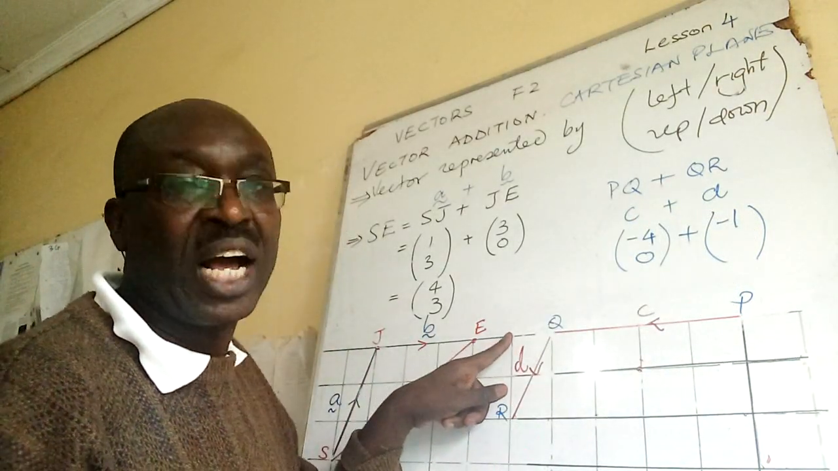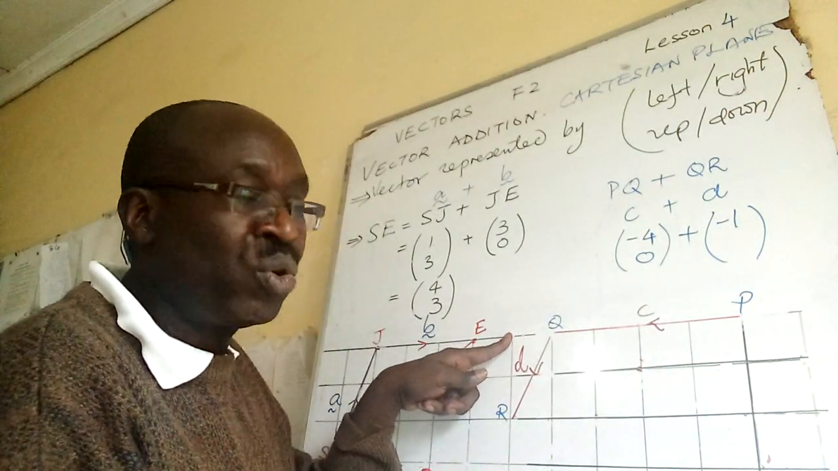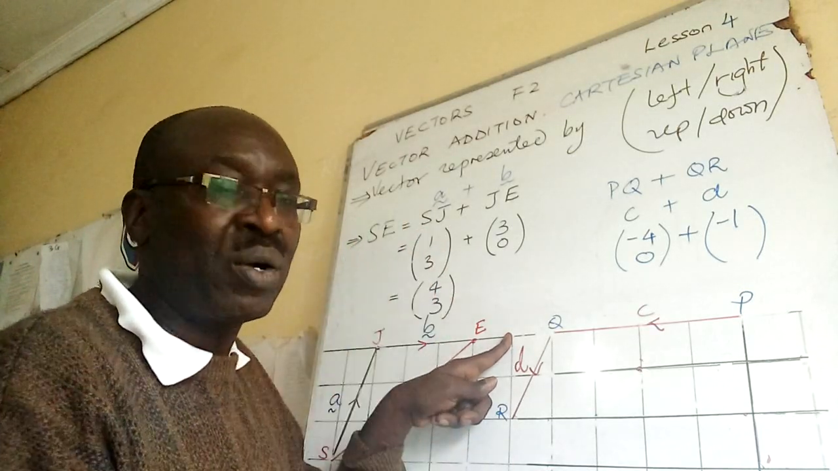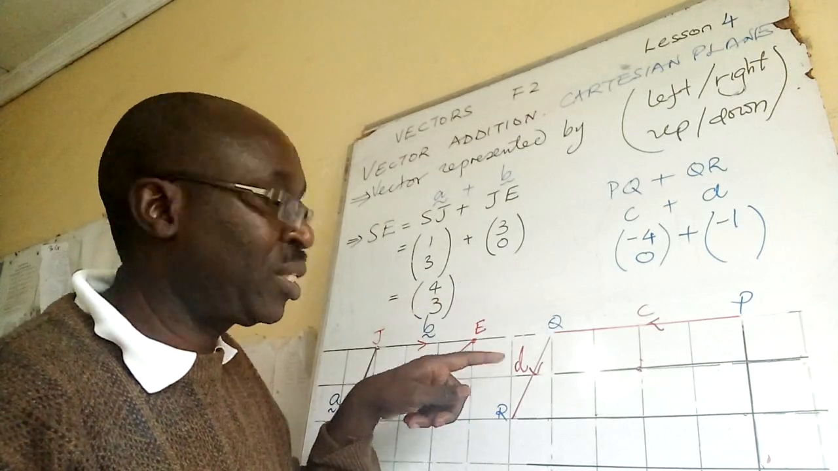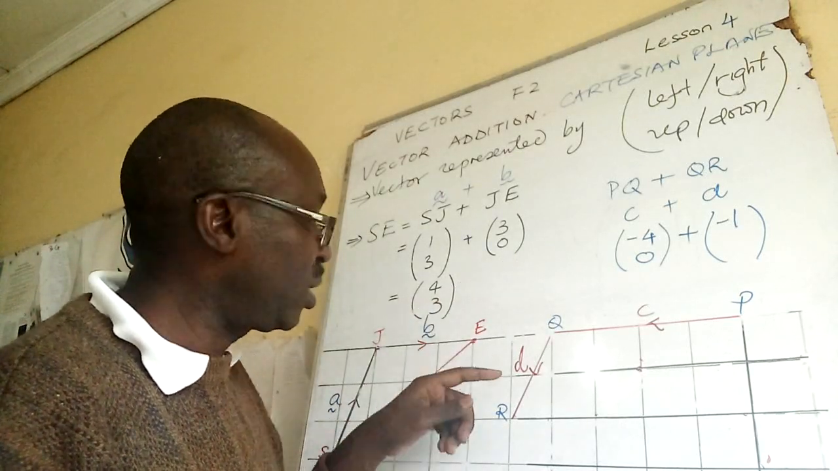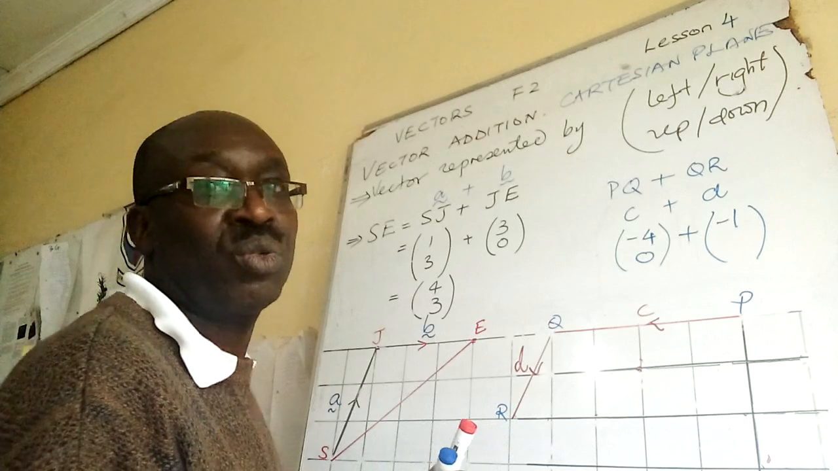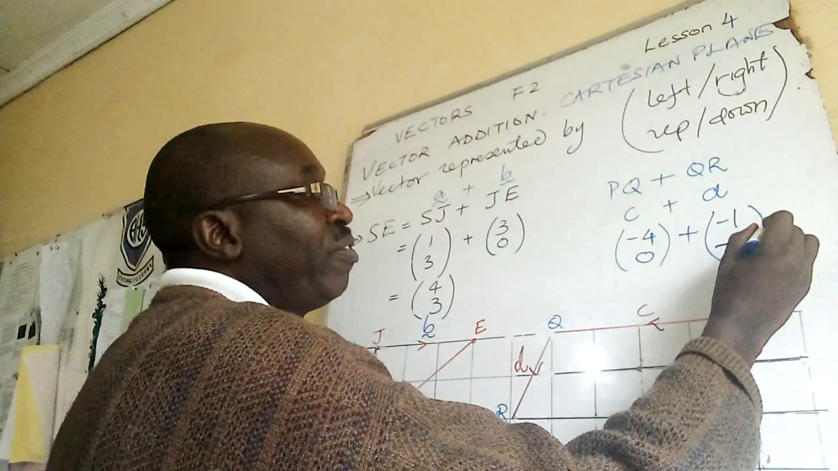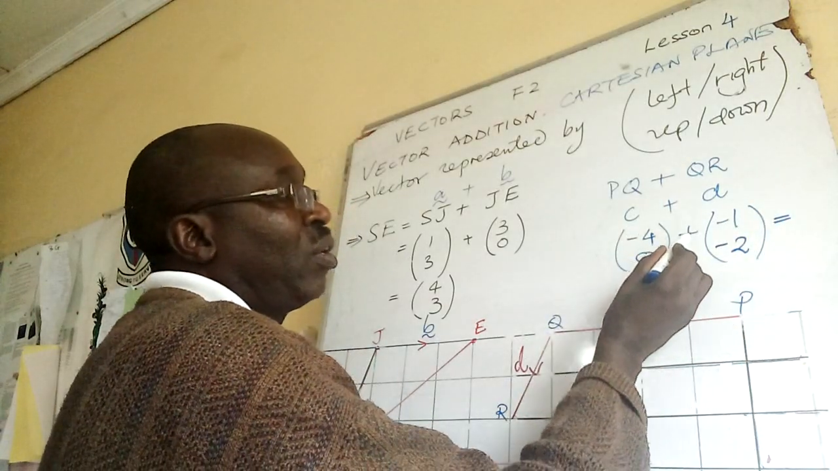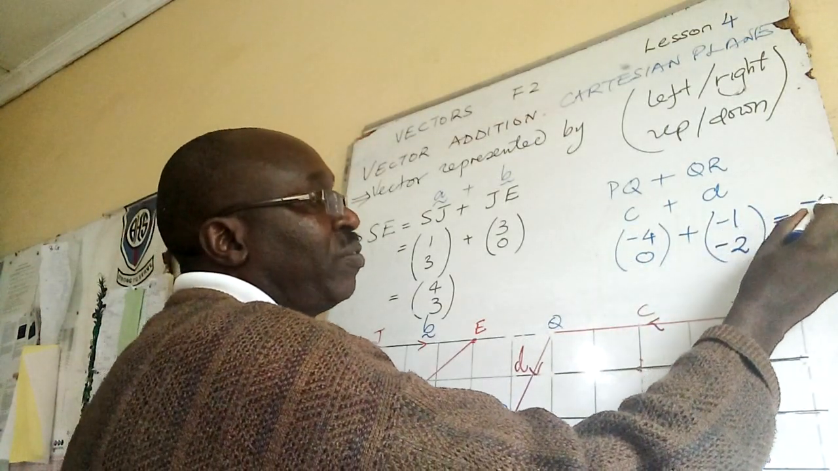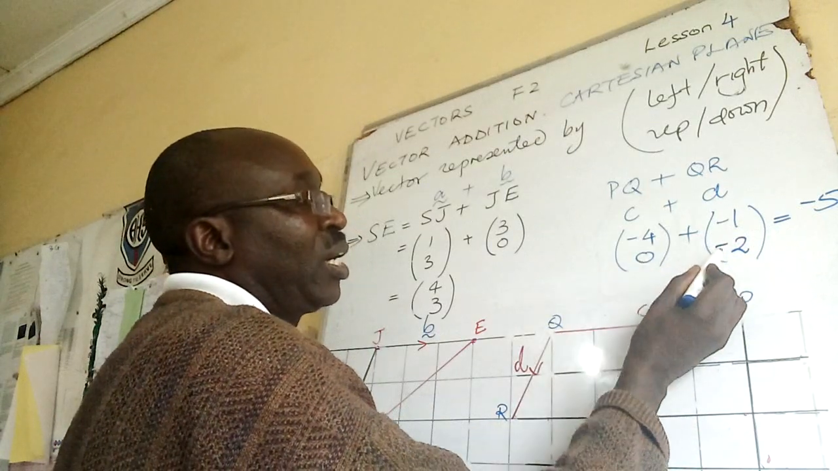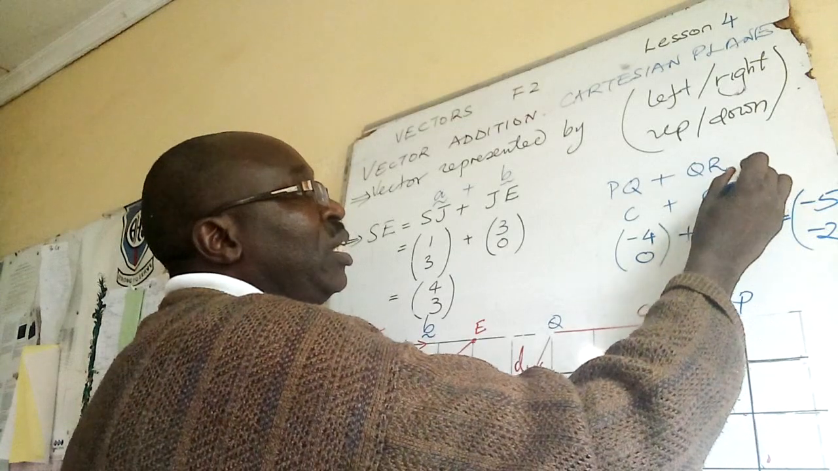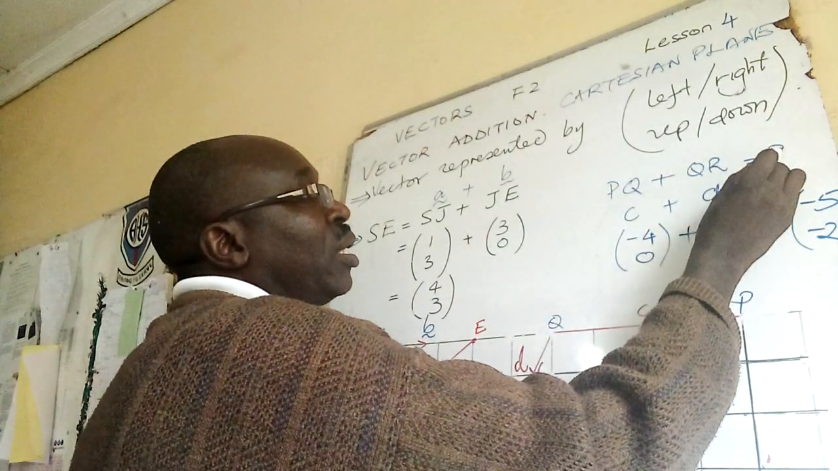When I've reached here, how do I go to R? You have option up or down. I can't go up because R is down. So I go down. How many steps? 1, 2. So I have gone down by 2 steps. So what is the final result? -4 and -1 is -5. 0 and -2 is -2. So this is P to